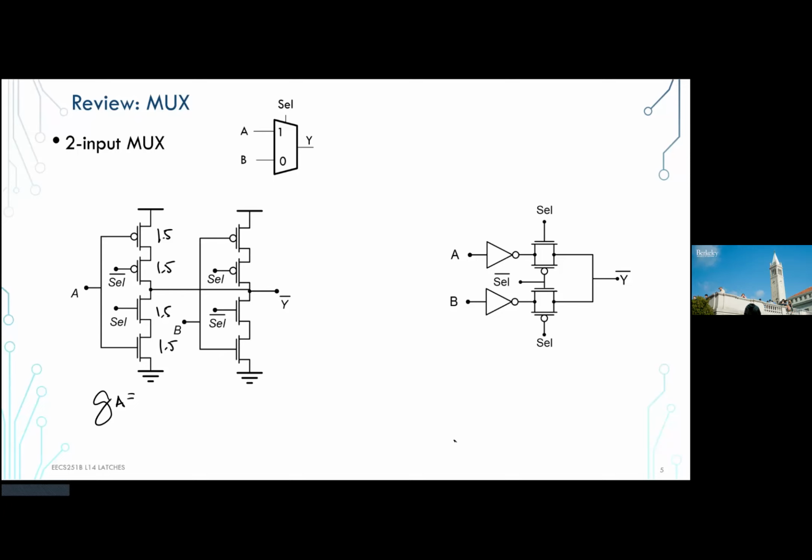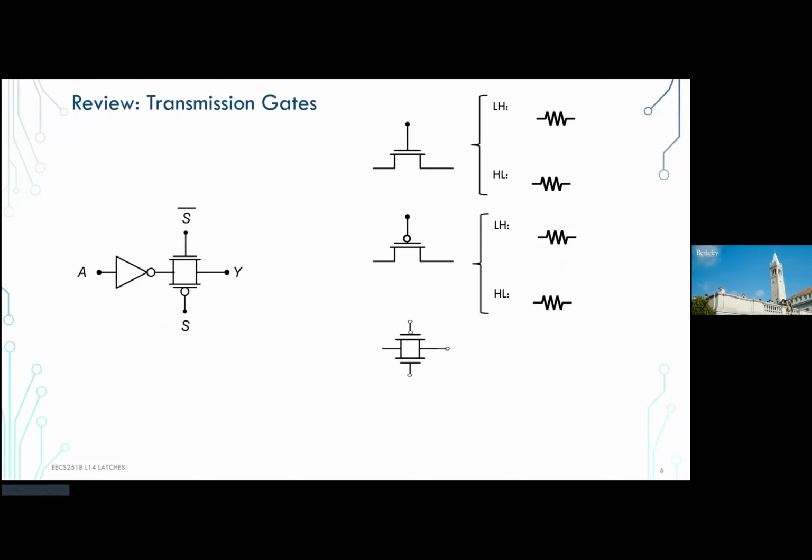Now, my other question here is, how do I size the other gate? The transmission-based mux. Or, in other words, what is the logical effort of a transmission gate? In order to answer that question, let's try to figure out how transmission gates or pass transistors behave. So, when I take a look at this,